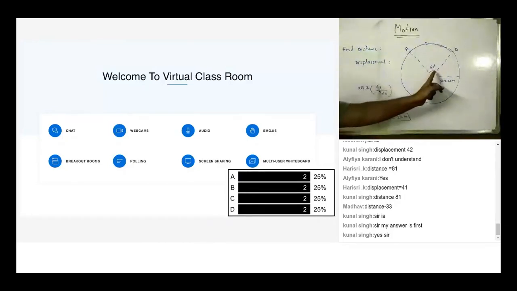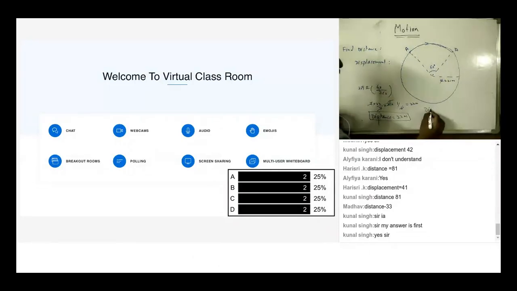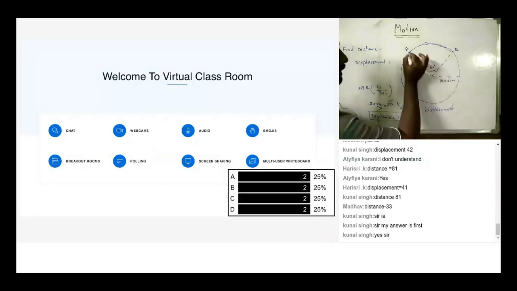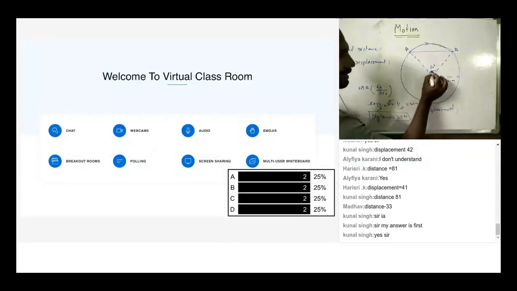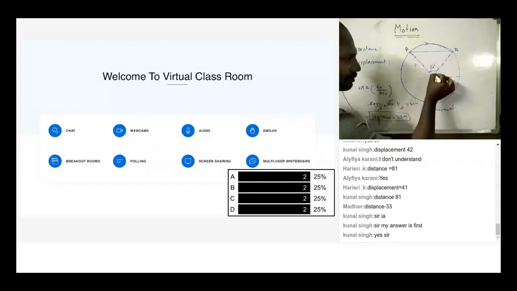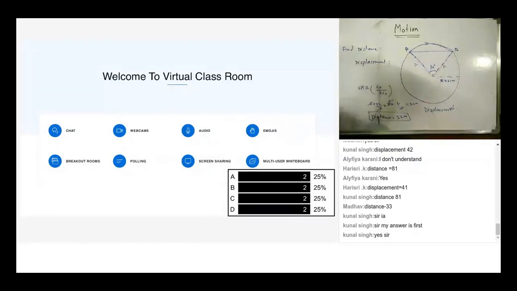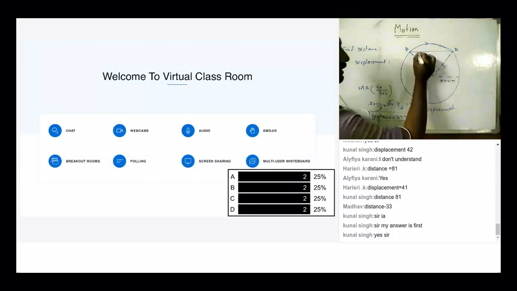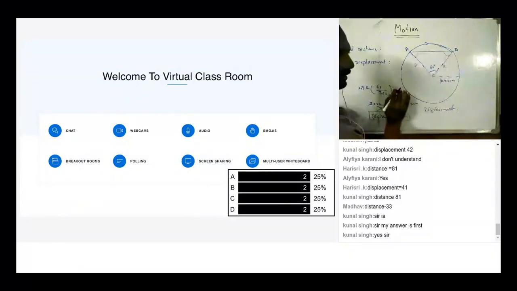Now what is this? Radius. What is this? This is also radius. What kind of a triangle is it? Is it an equilateral triangle, isosceles triangle, right angle triangle? Sir, isosceles. So as of now, it is isosceles. If it is isosceles, this should be equal to this. Now if this is 60, I'll say this is A and this should also be A. Then 2A should be equal to how much? 120. Because the total angle of a triangle is how much? 180 degrees. So what is A equal to? 60 degrees. So this is 60, this is 60.